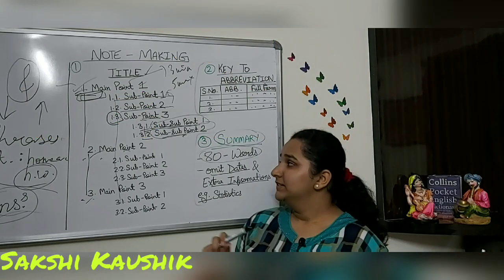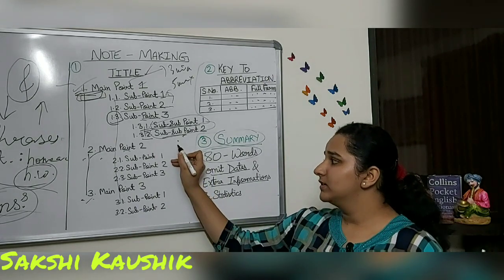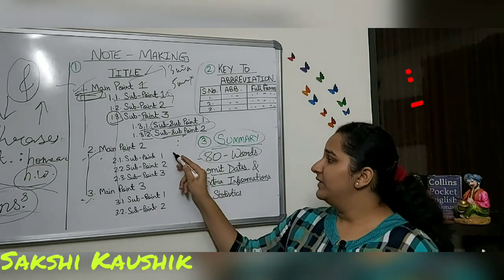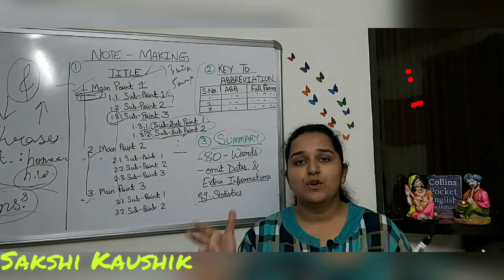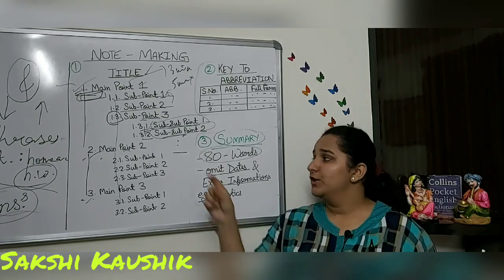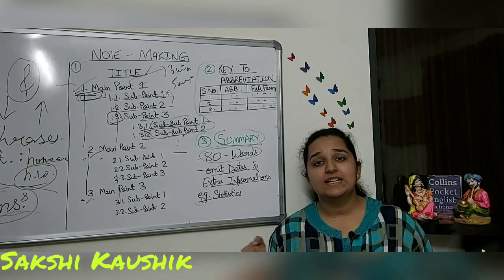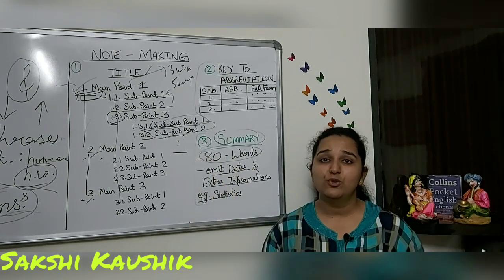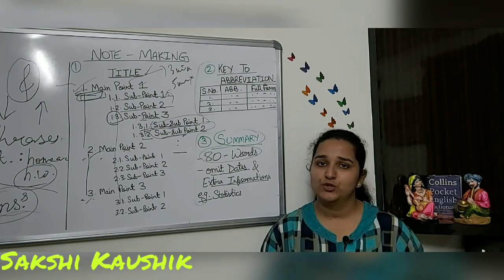The next important point is that you can use colons. This is a colon. You can even use dashes. If you want to write something, instead of the joining words, you can use these colons and dashes. With the help of these colons and dashes, it would be very easy for you to convert a sentence into a phrase or make phrases of your choice.